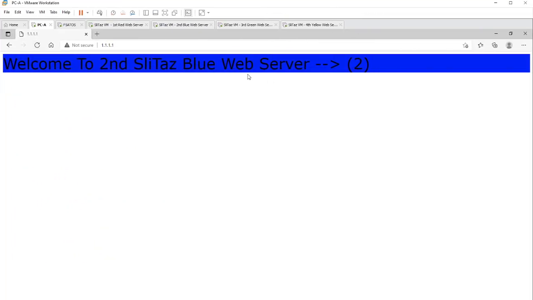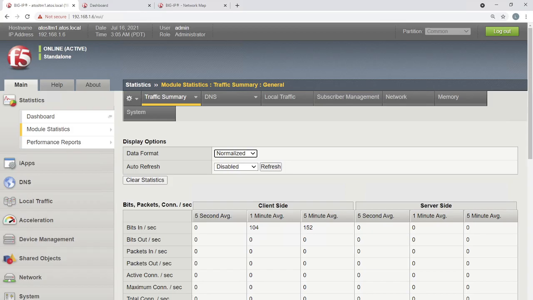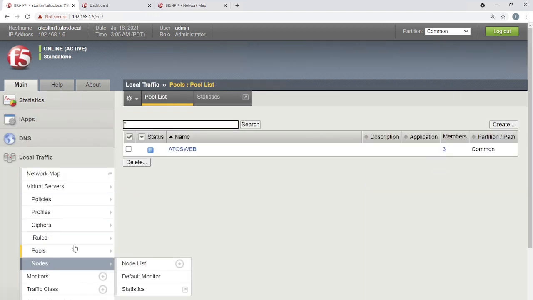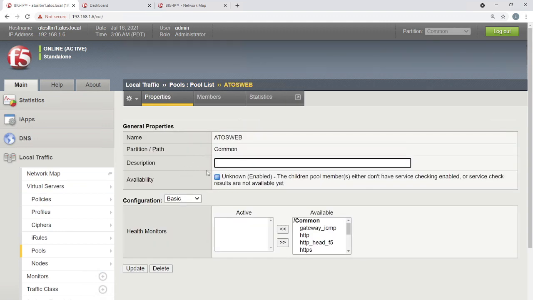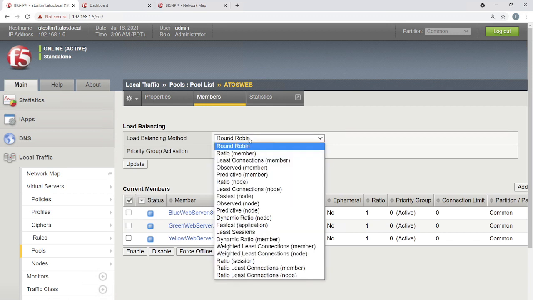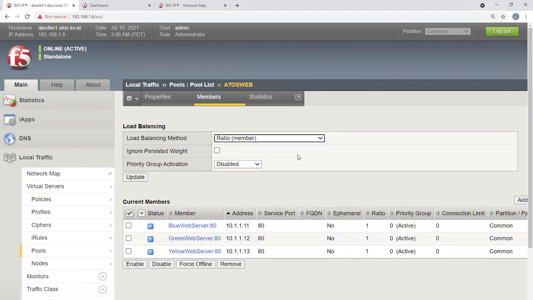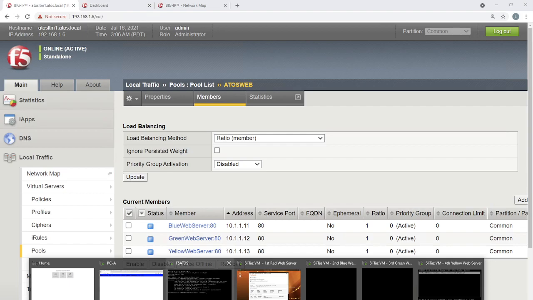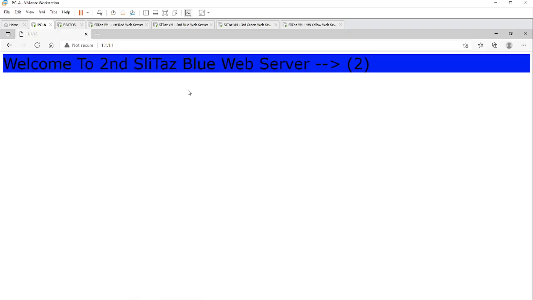Now the next thing I'm trying to do here, I'm getting into the configuration part and going to the pools. And this is the pool I have. Now the members, when I see this one, I'm just changing from round robin to ratio. Forget about the member and the node, I will come to that later. There is something called ratio. This is what we were talking about. Ratio is what I have chosen. Now, if I go back to my client PC and try to access, can I see the difference?